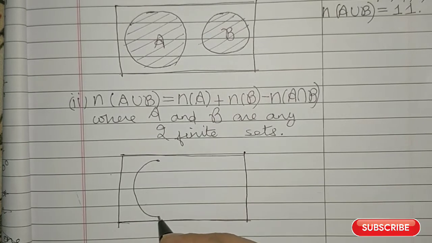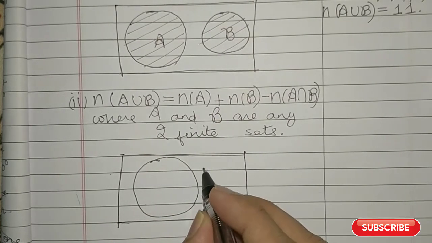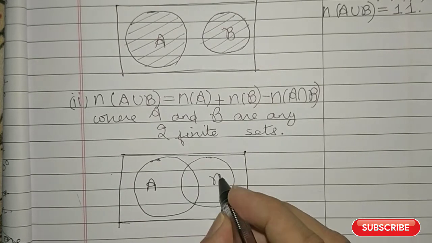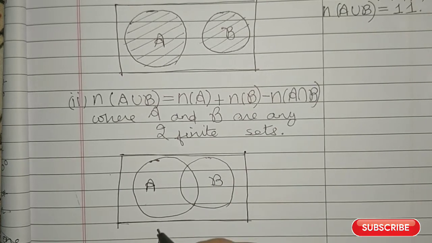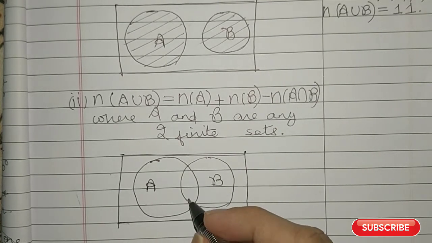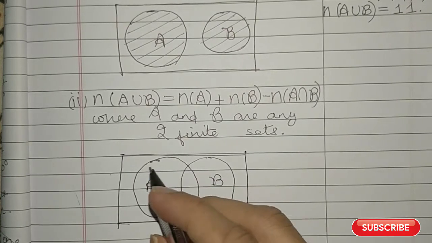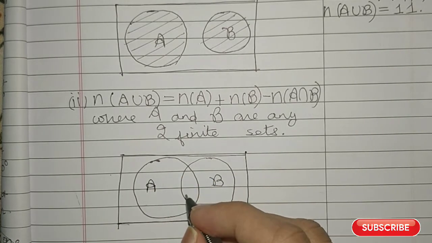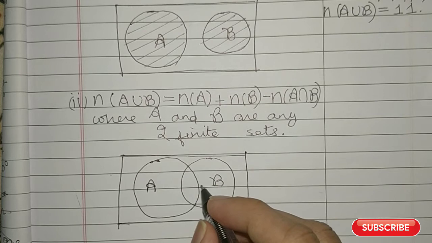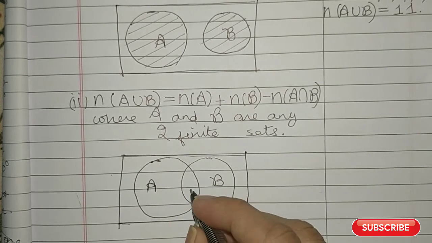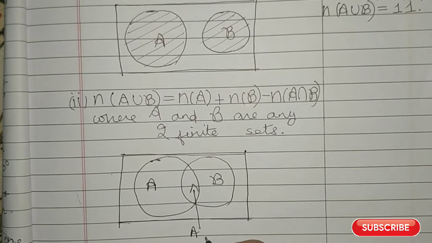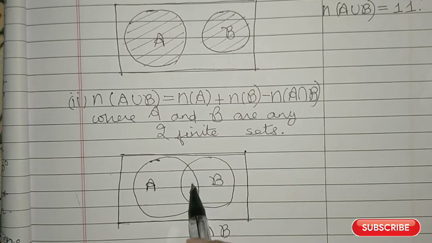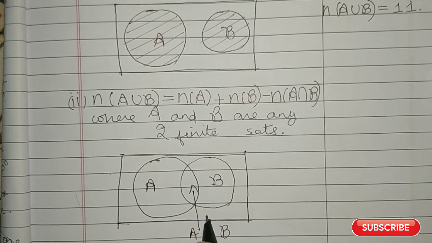Okay, so suppose this is the set A and this is the set B. Okay, so this is A and this is B. Now here, A union B is this, right, all this A union B. Now what you do is you look at the set which is A intersection B. So this is the set A intersection B, right. The elements which are common to both A and B are here, right. So this is A intersection B.